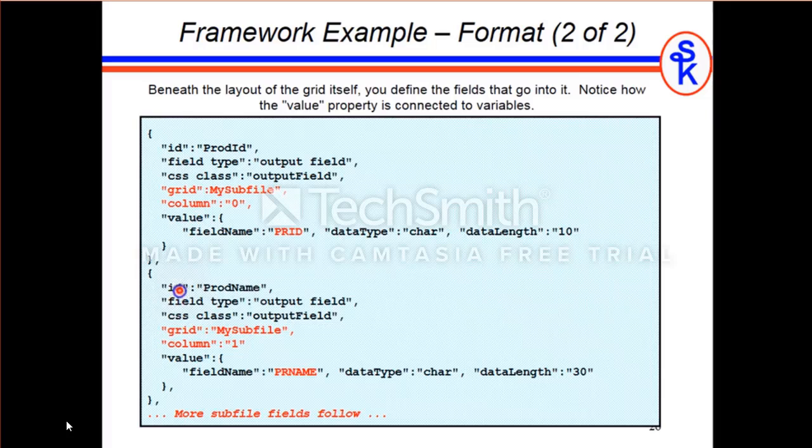And so we've got the same thing down here. We've got the product name, same output field. It's in column 1 of the grid, and it's called product name, and it's character and 30 long, and so forth. So you'll have that for all the different fields that go on the screen, and then you can display it. So when the framework calls your RPG program